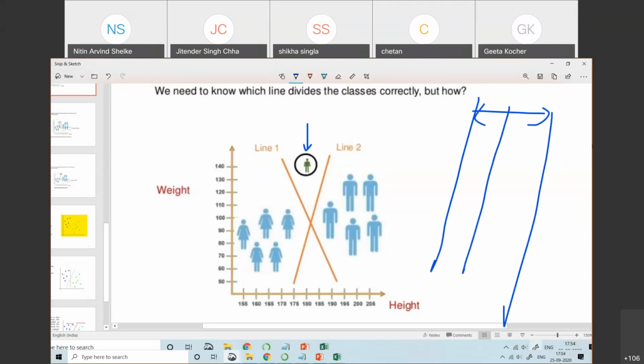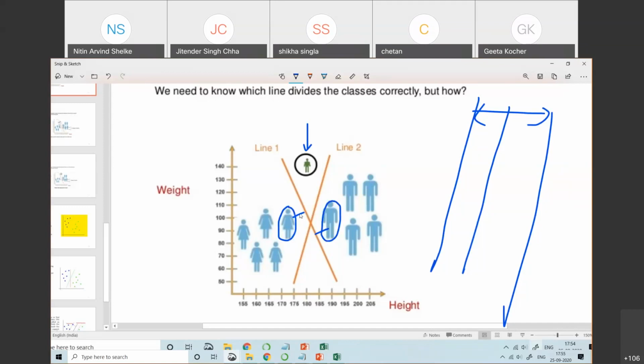As far as line 1 is concerned, this is the distance, and this one. This is the support vector, because the definition of a support vector is that it's the nearest point, the point which is nearer to your hyperplane. So this will become your support vector 1 and support vector 2 for this class. Now observe here.